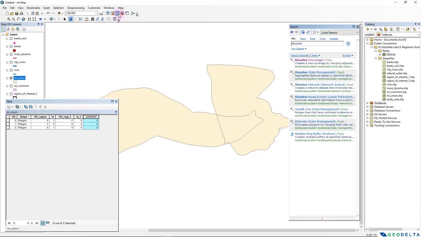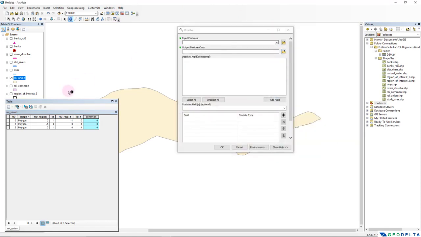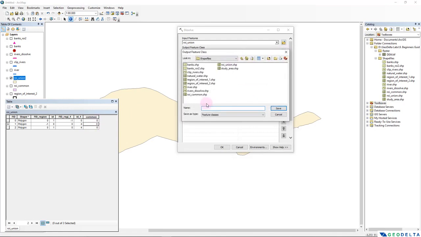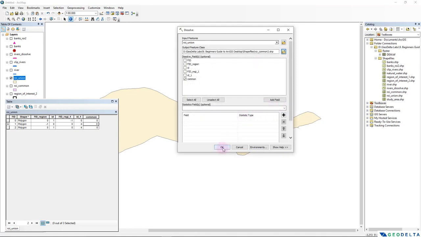So again, I can go to the search panel, and since I already searched for the tool before, it's just right over here. And now I'm going to drag this ROI union and drop it over here. And in this case, I don't really have to select this like this. I'm just going to specify that I would like to do the dissolve operation based on this common column, which is right over here. Again, I'm going to specify the output to be ROI common 2, like this. And if I click OK,